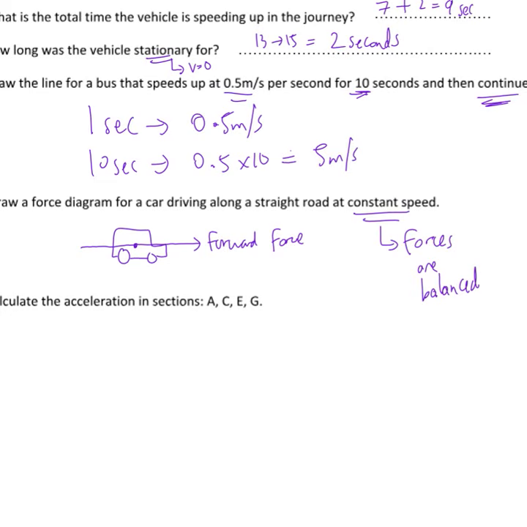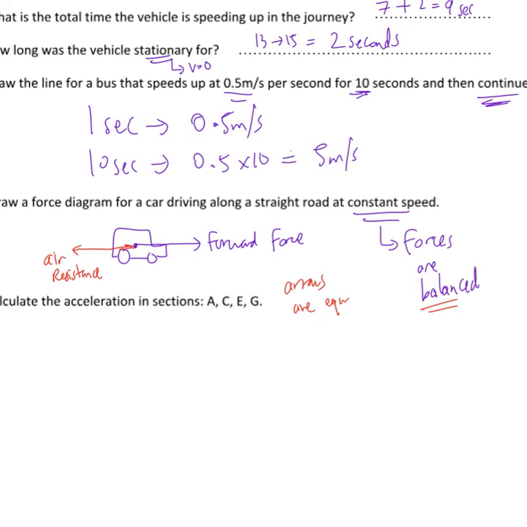So I will draw this in a different color pen, red. Okay, so this is air resistance or friction. You can say friction. Now the forces need to be balanced. So therefore, the arrows